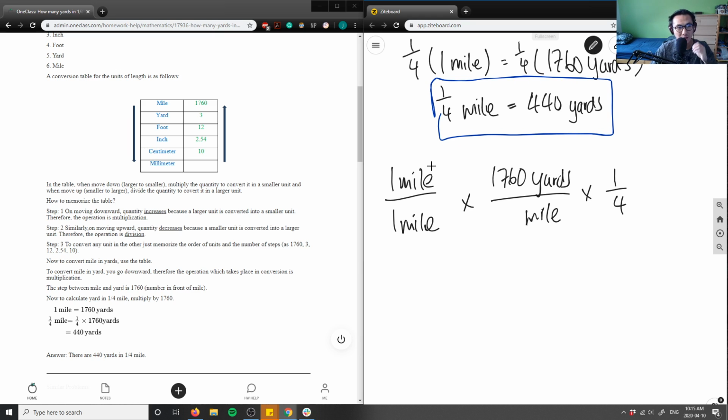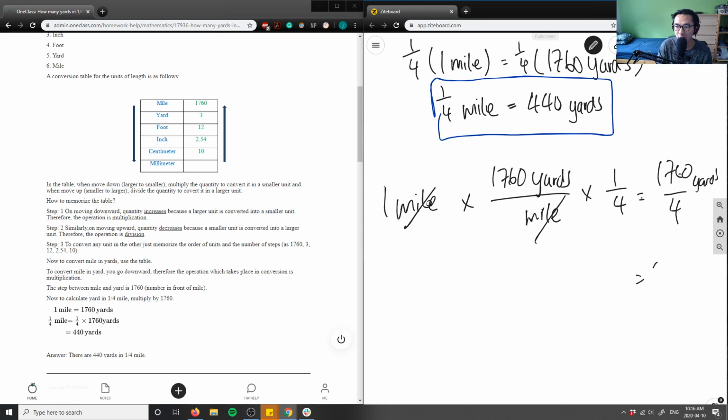This is a tactic employed a lot in physics. So what we're doing is 1 mile times 1 mile. Or sorry, this unit doesn't exist here. It's just 1 mile. So if I'm multiplying this, my miles cancel out here, and I'm left with 1 times 1,760 times 1/4, right? Because I'm solving for 1/4, and it would give me the exact same thing. It would give me 1760 divided by 4, and I would still have yards over here. And if you plug that in your calculator, you get 440 yards.